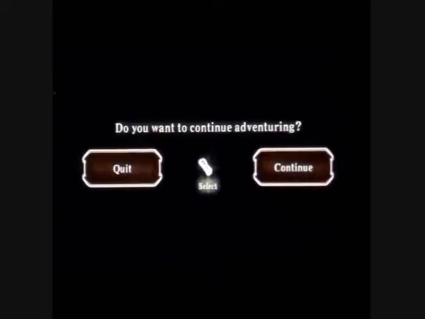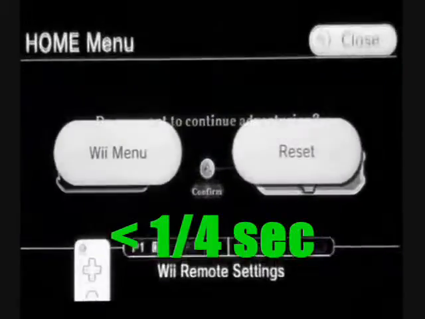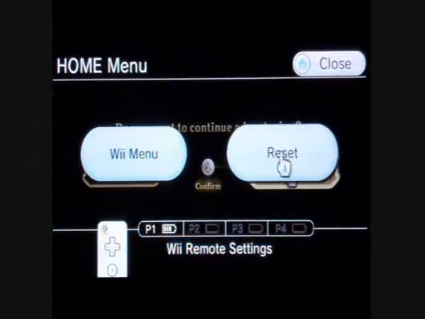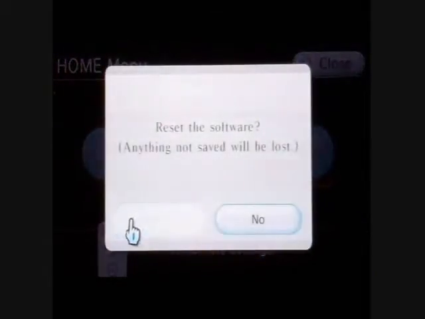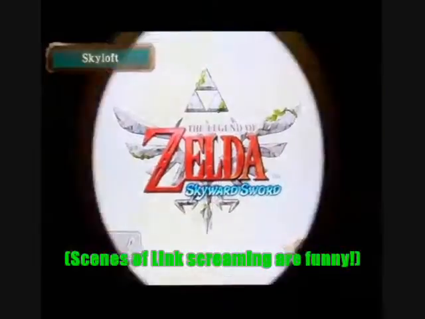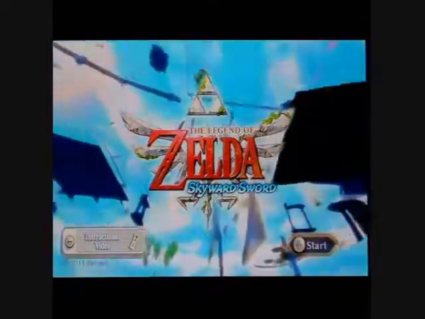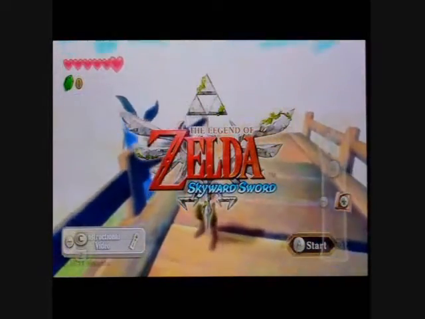Aww. Now at the Game Over screen, point the Wii Remote at the Continue option. Now all we need to do to make the glitch happen is press A to continue, and less than 1/4 of a second later, press the Home button. On the Home menu, reset the game. Your first indicator that you did everything right is Link screaming as he falls to his death. Next, you'll briefly see a glitchy Skyloft, and now you can finally take control of Link while the title screen